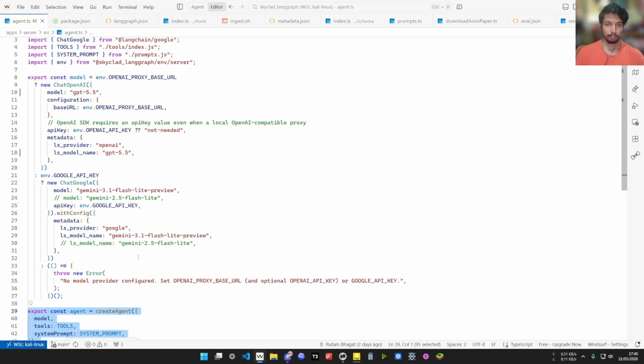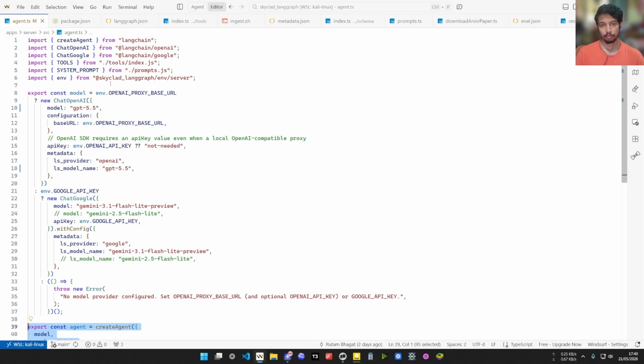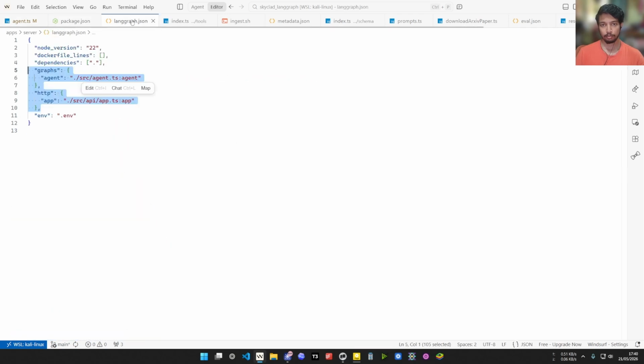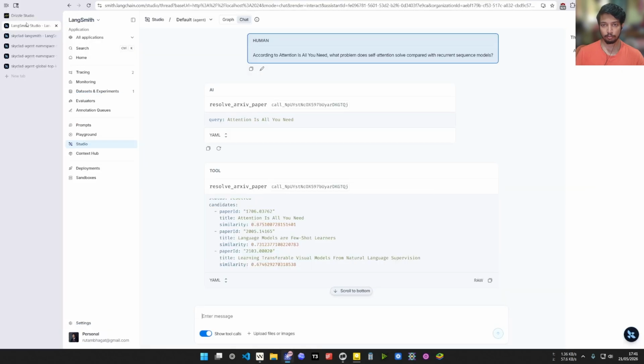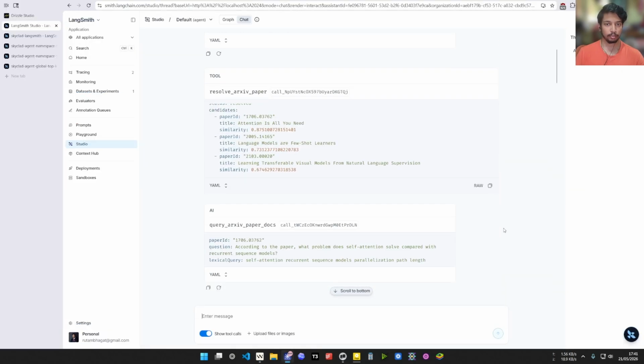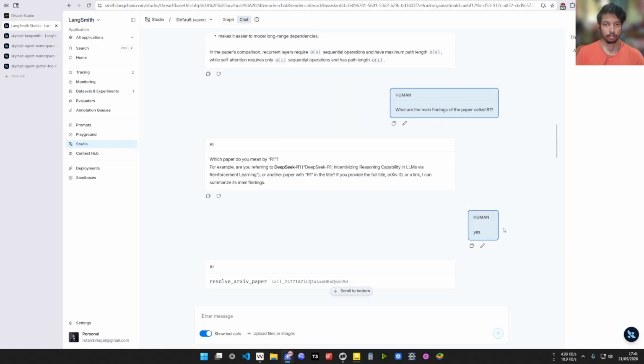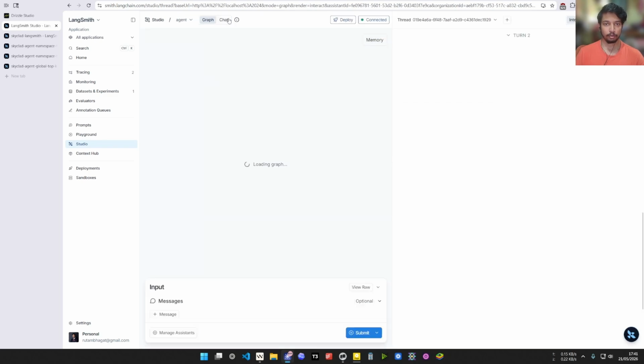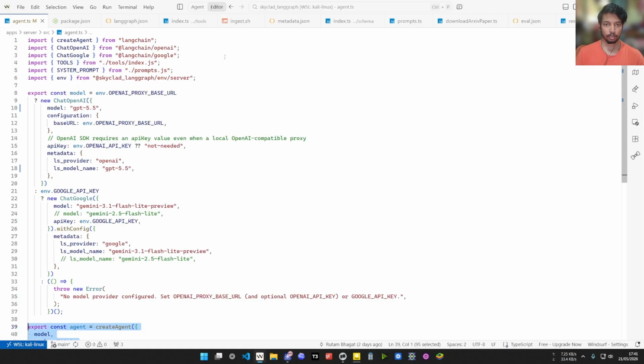The main graph is exported from the agent.ts file. LangGraph.js.dev is loading that graph through langgraph.json, and LangGraph Studio is providing the conversational interface. I did not build a custom frontend because the Studio already provides a strong UI plus tool call inspection for this kind of agent. The agent has 4 tools: download arXiv paper tool for fetching and indexing one arXiv paper,